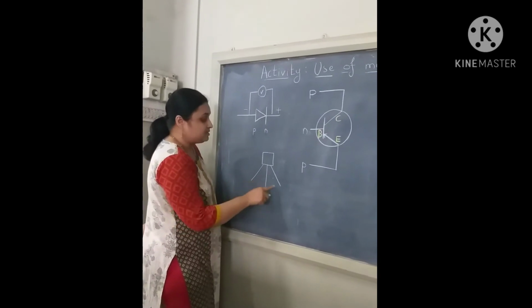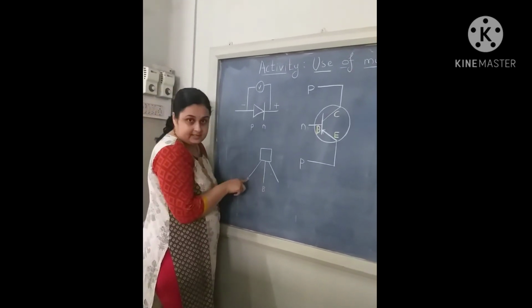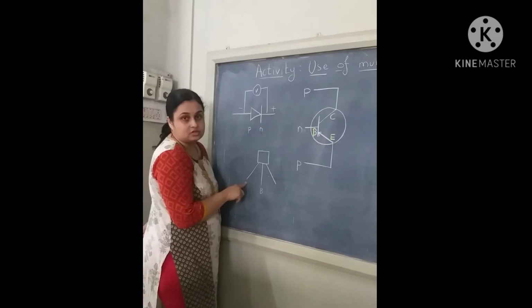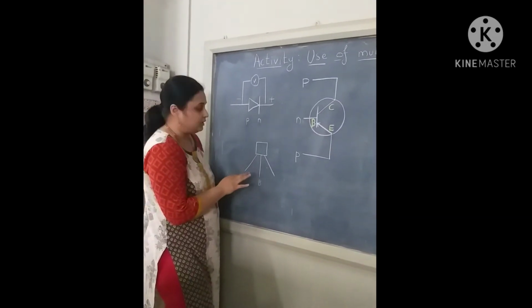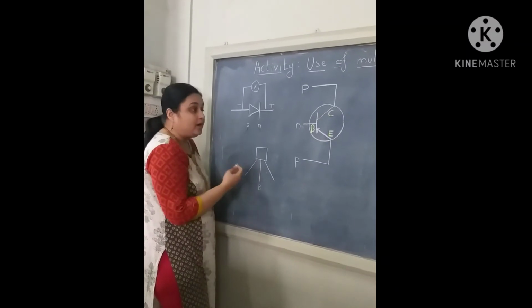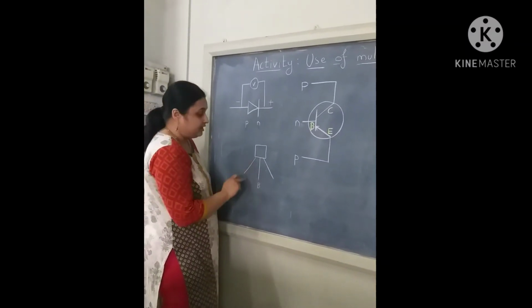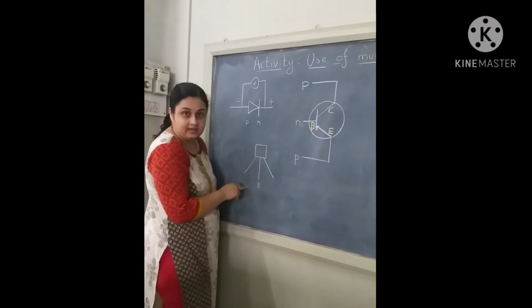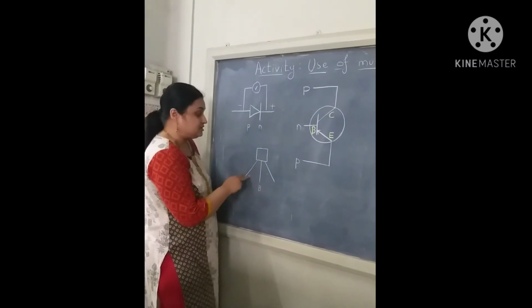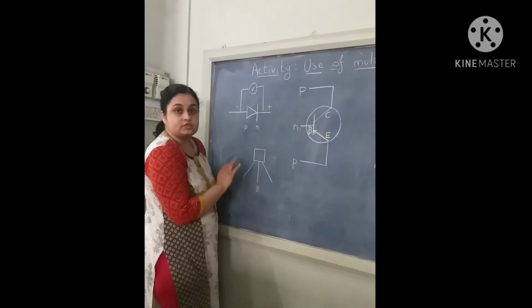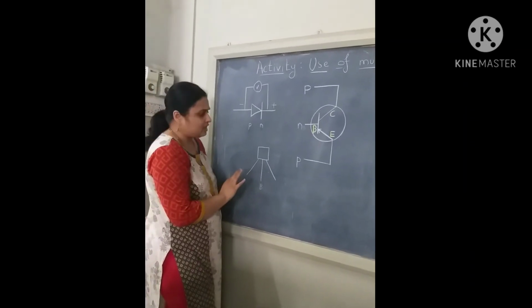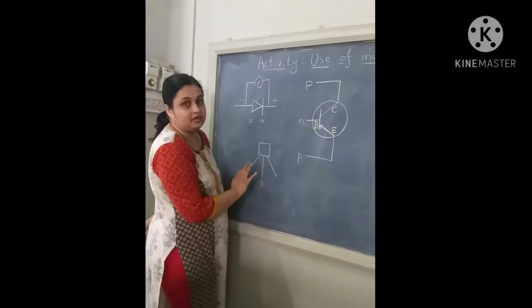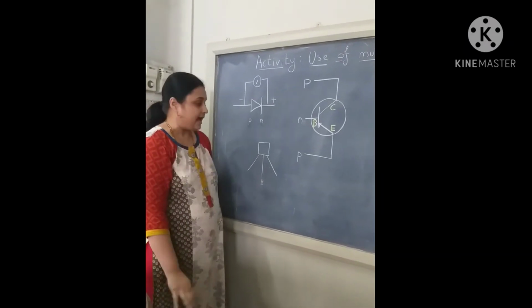But we don't know what this is. This can be collector also or it can be emitter also. We don't know. By just looking at it, we cannot identify. Okay? So, how are we going to identify whether this is a PNP or NPN? How can we identify which is collector, which is emitter? So, all this we can do using a multimeter. I'll just tell you the theory part over here and then we will do the actual activity.